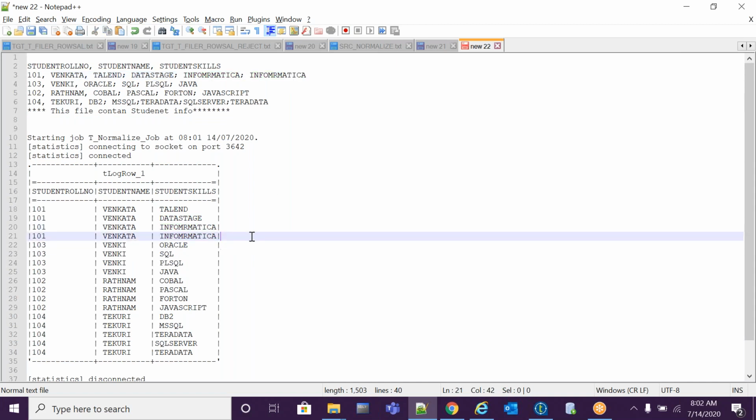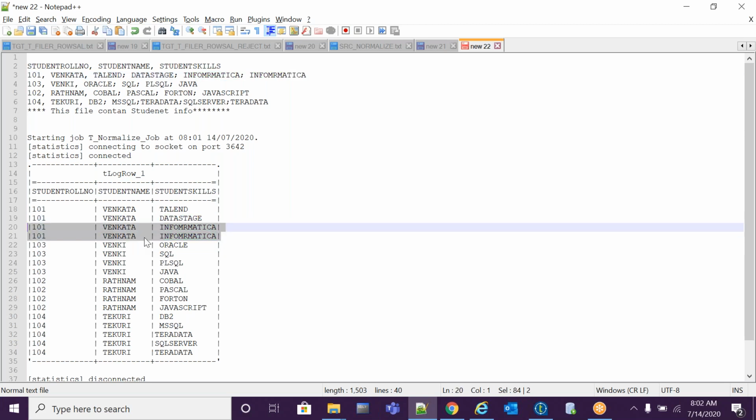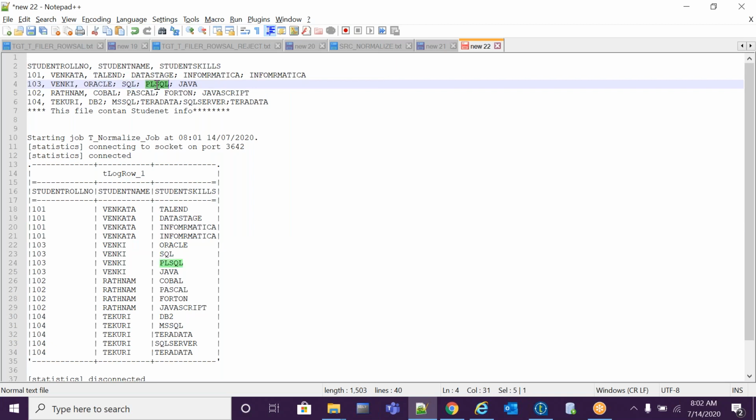See, it came duplicate, right? You have here also duplicate and 2 records came. Same, Oracle came, SQL came, as separate rows. Based on the particular delimiter, in the particular column, we can do DB2, MySQL, Teradata, SQL Server, Teradata.